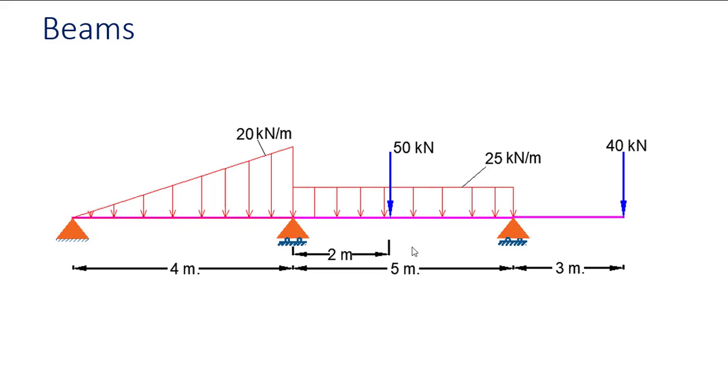The center span is 5 meters, whereas at the 2 meter level I have a 50 kN concentrated force and a UDL of 25 kN per meter. And at the tip of the cantilever I have a 40 kN force. So we'll solve the first problem on the beam.